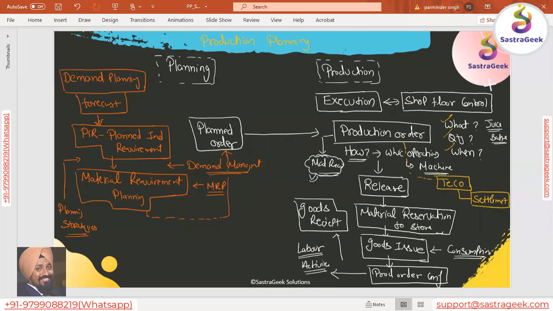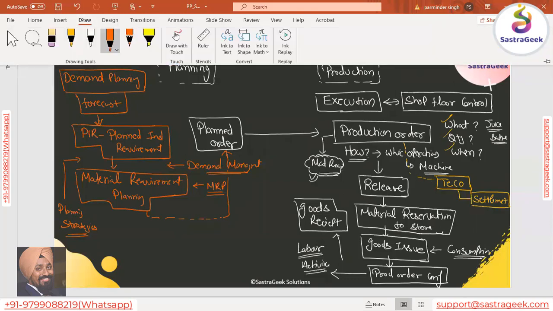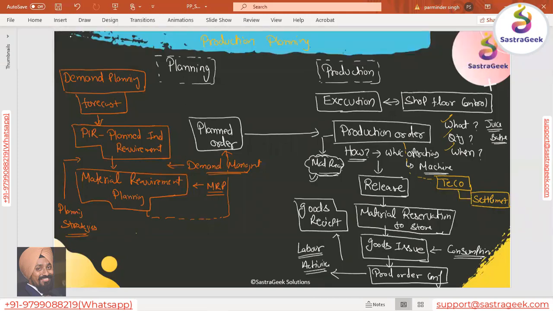All these planning strategies we will go through one by one: strategy 10, 20, 30, 40, 50, all strategies we will discuss. By using each of the strategies, the generation of the planned order can be different. Okay, apart from material requirement planning, there would be a lot of different planning which will come into the picture. I will try to highlight in a different color. There can be your capacity planning.